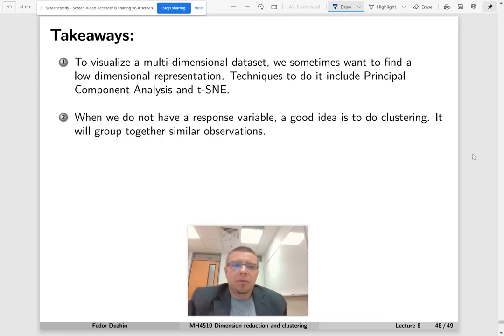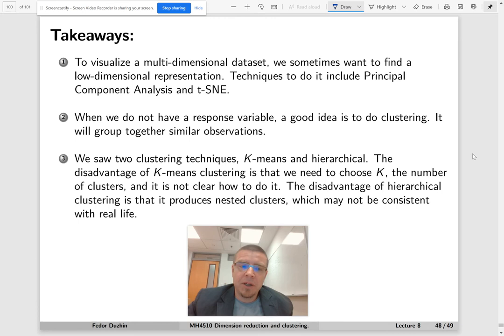Now, when we do not have a response variable, so when we do unsupervised learning, a good idea is to do clustering. So it means grouping together similar observations. And we have seen two methods, two techniques, two algorithms for clustering, k-means and hierarchical clustering, and they have their